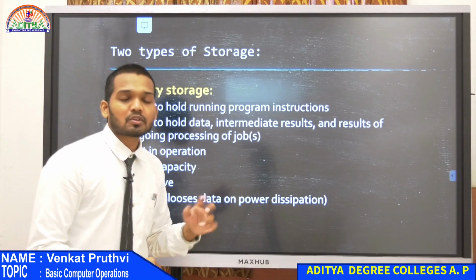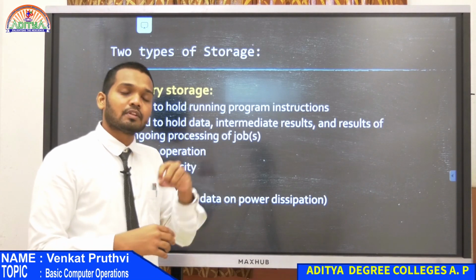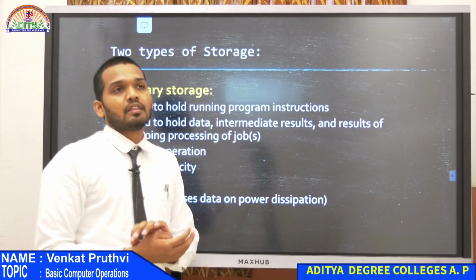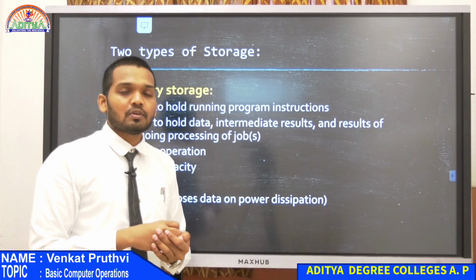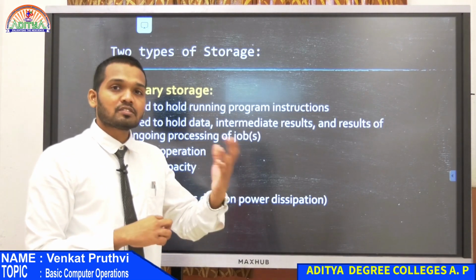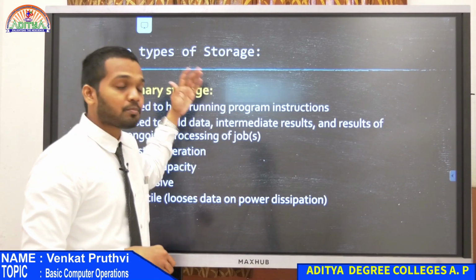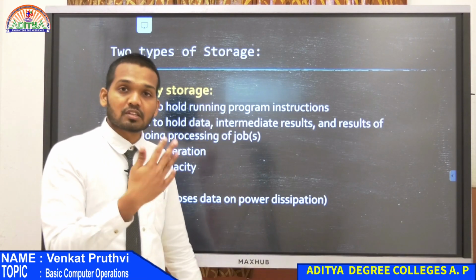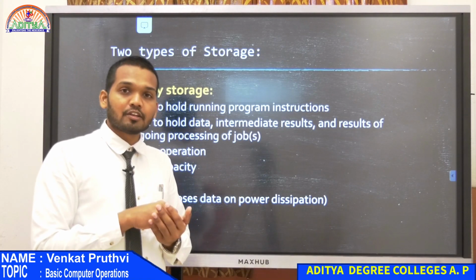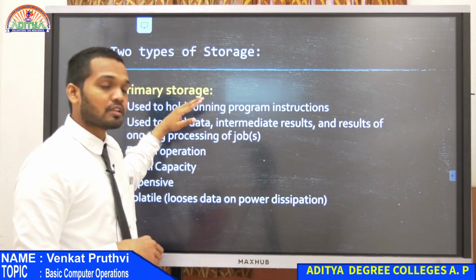Now we were discussing the task, right? The T1 task. In order for that task to be performed, there is an instruction that the CPU requires to perform that task. Now to perform the T1 task, there are some instructions that are already given to that task, right? That is all held by this primary storage, and they run those instructions. Whatever instruction needs to be performed, the task already is assigned to it, and the primary storage is holding that instruction.